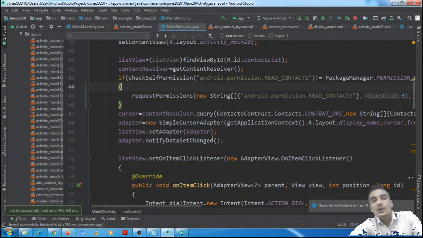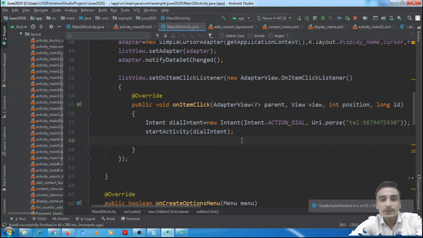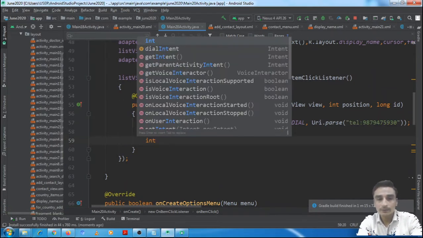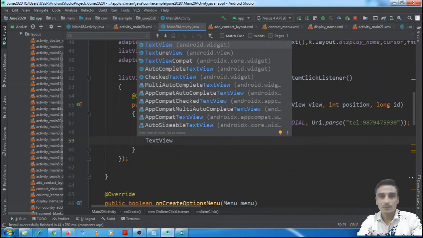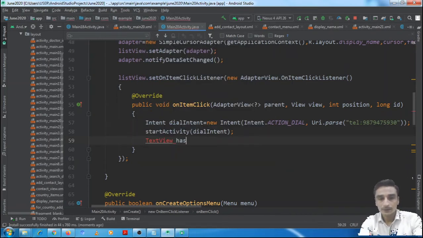So here when the client clicks on this contact, we will first of all retrieve the has phone numbers text view, because it is on the screen in the list view. It is equal to text view find view by id r.id dot has numbers.